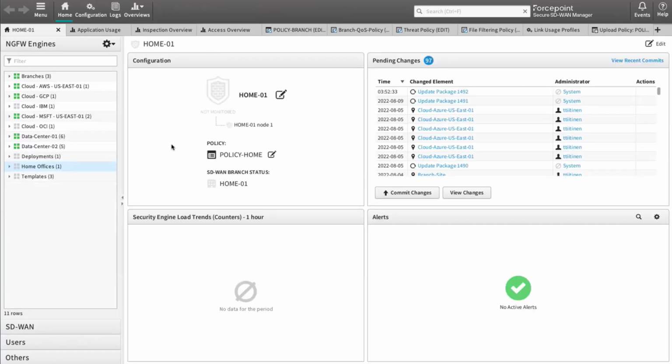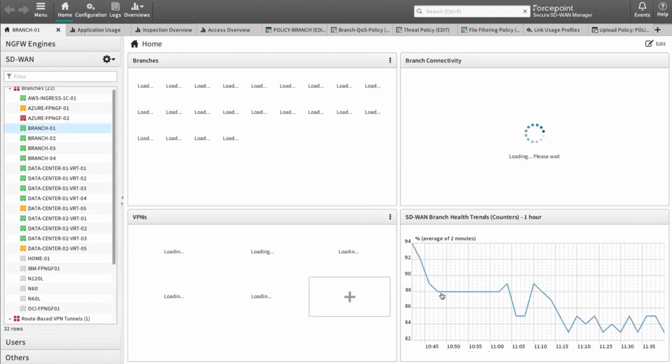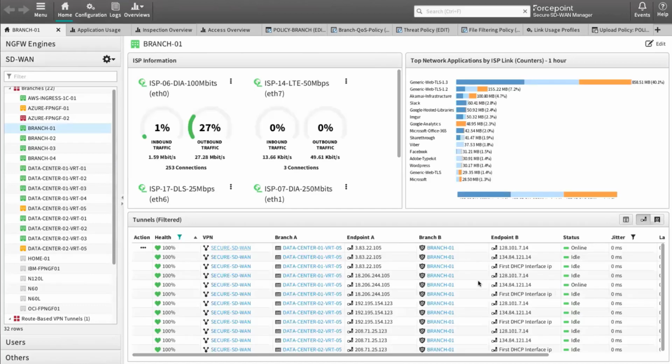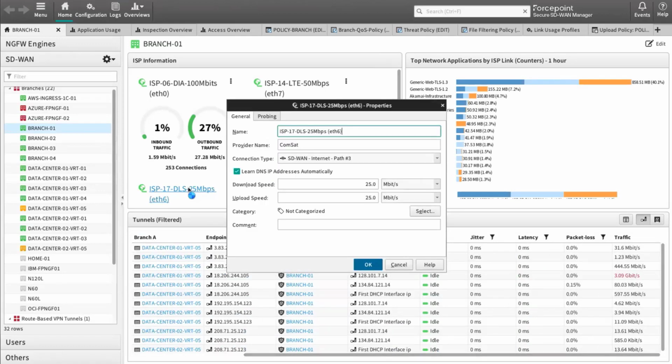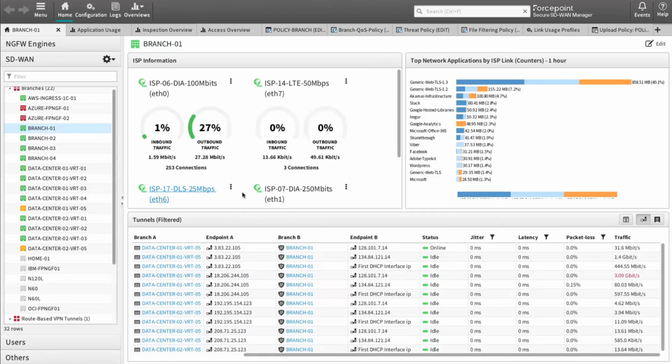And let's move on now to the visibility that we provide. Like I mentioned earlier, we have visibility to the real-time statistics of the SD-WAN overlay, but we can also provide you a historical view of the actual SD-WAN link performance. So what I can do here is, for example, go to this DSL line